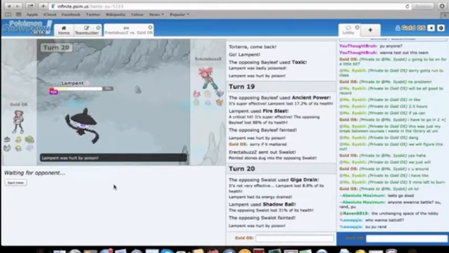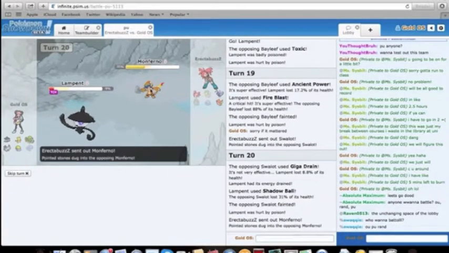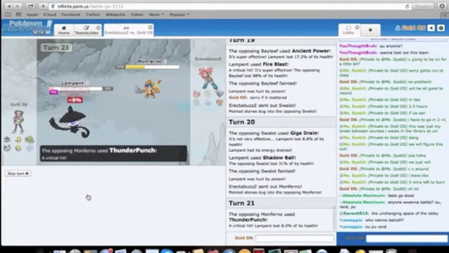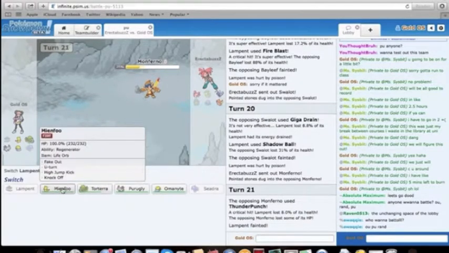Alright, so I'm down to 9%. He's probably gonna bring in Corsola now? No, Monferno, that makes sense. Alright. Well, I'm just gonna sack it here. Just go for that Shadow Ball. He does just Thunder Punch me. Crit did not matter in the slightest. And he's pretty low on HP now. So I'm just gonna bring in...